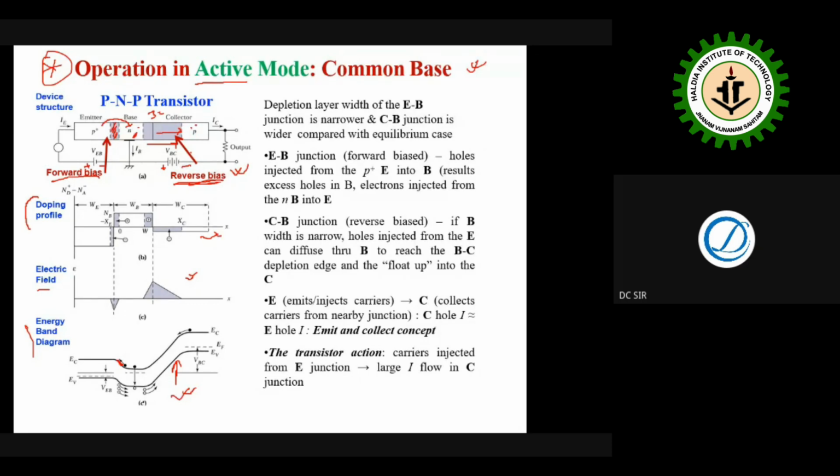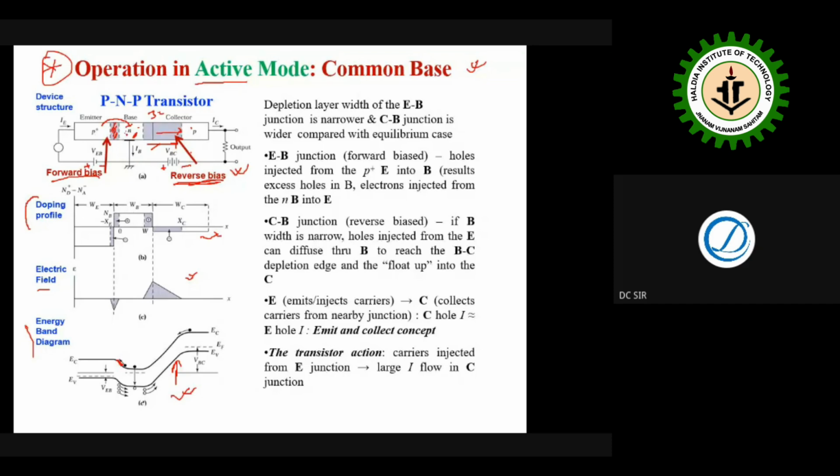Here the collector is P, so hole is the majority carrier, electron is the minority carrier. So these holes move from the base to collector due to the electric field. So current flows from the emitter to collector through the base,